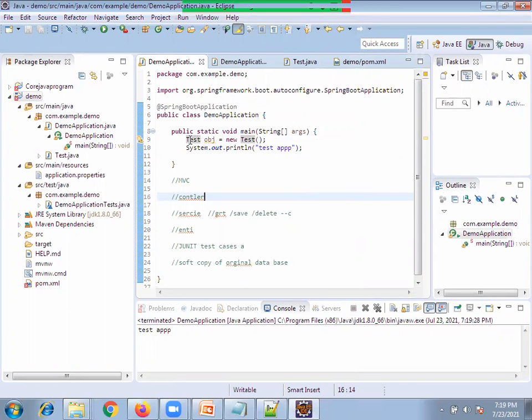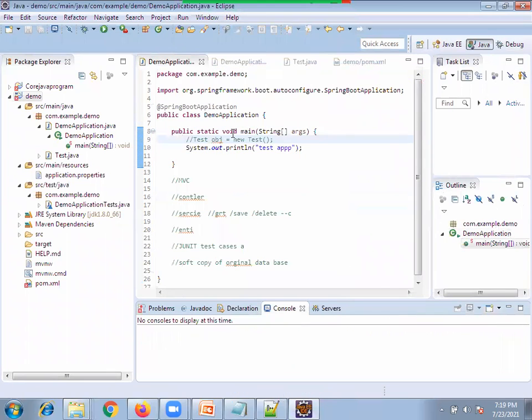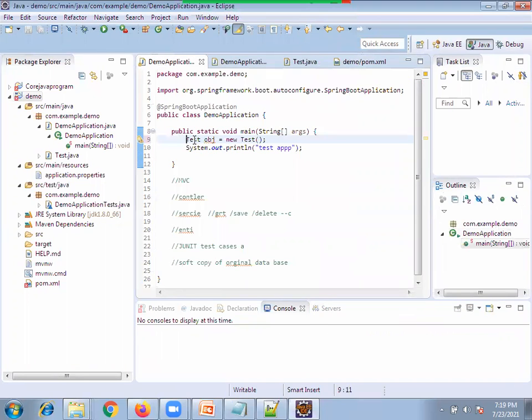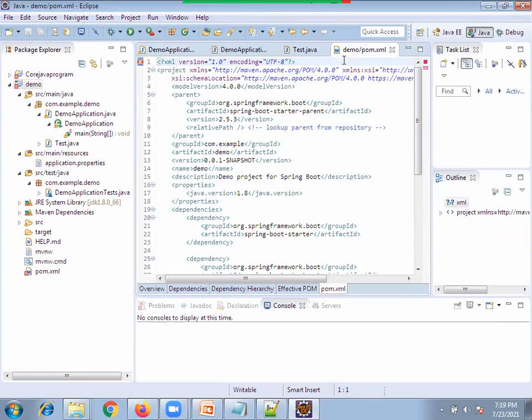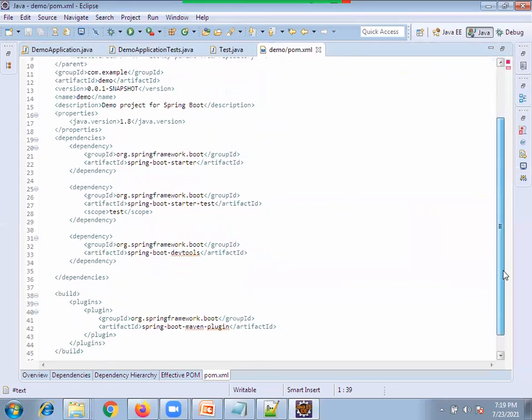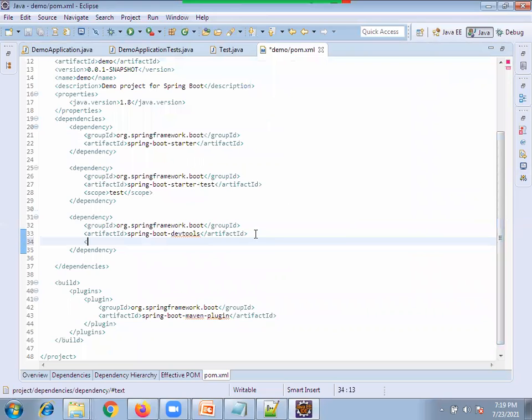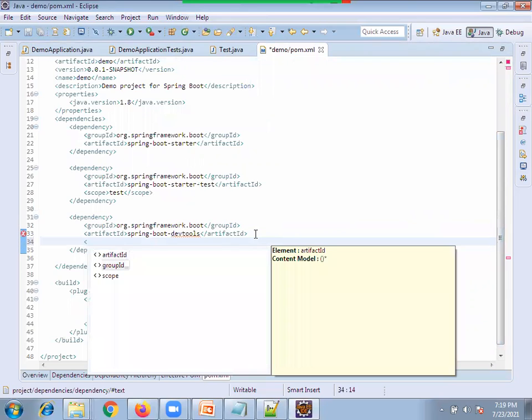Now what I want to do is modify this. You can clear this. One minute. Did we configure true or false? Dependency dev tools, scope.